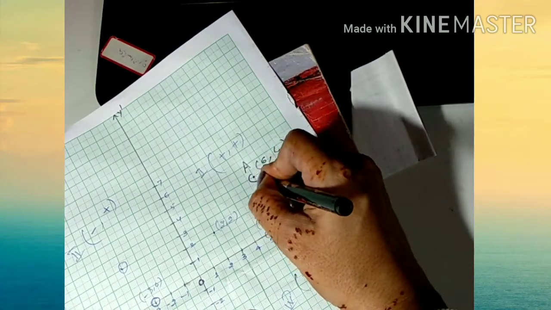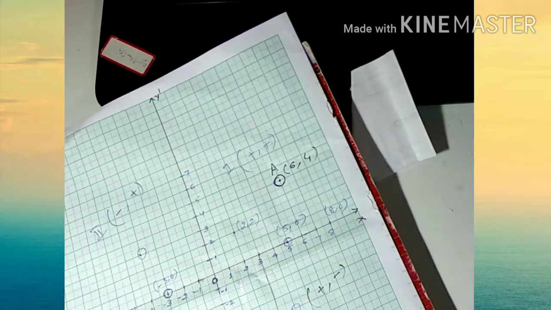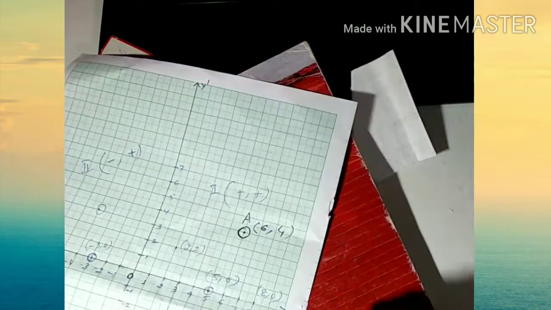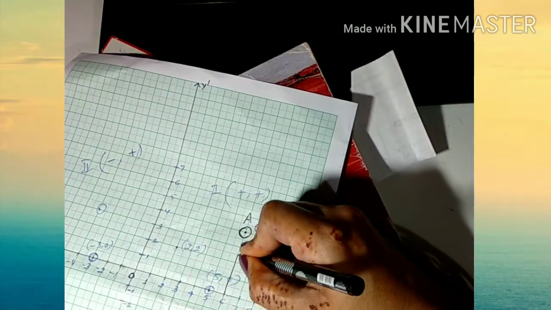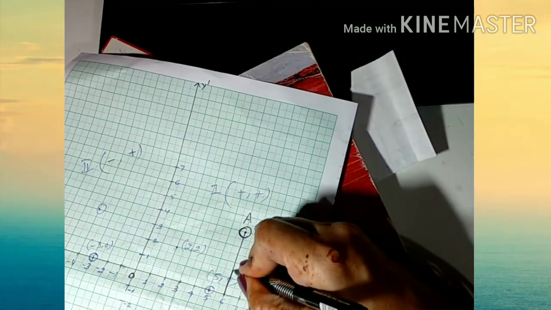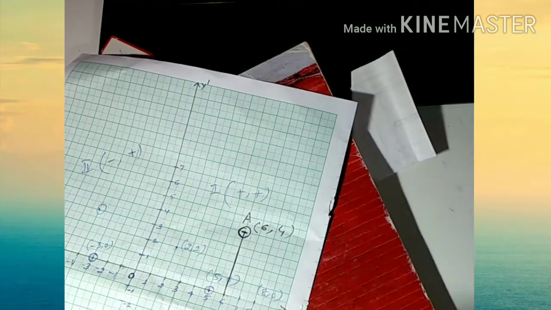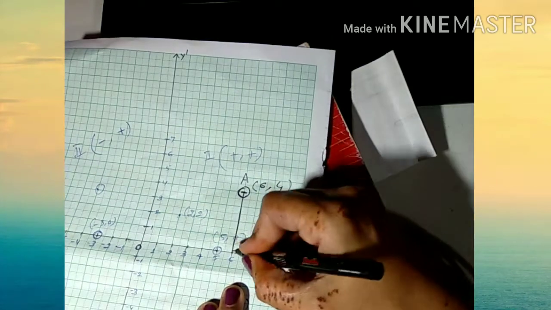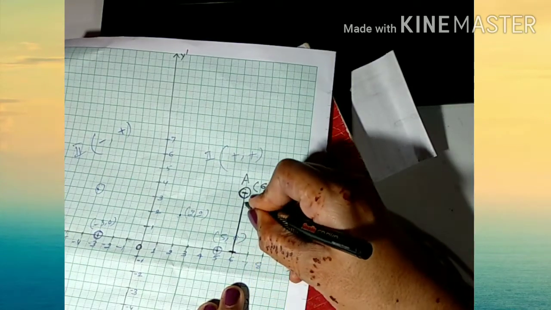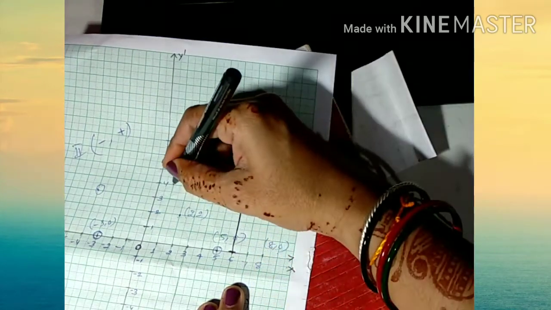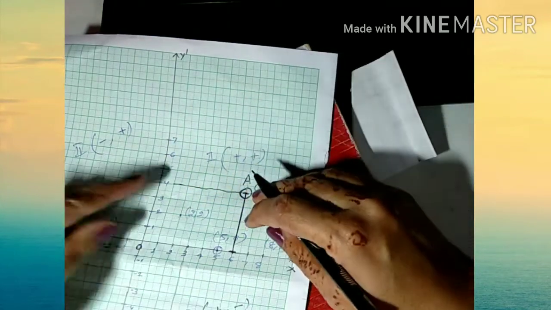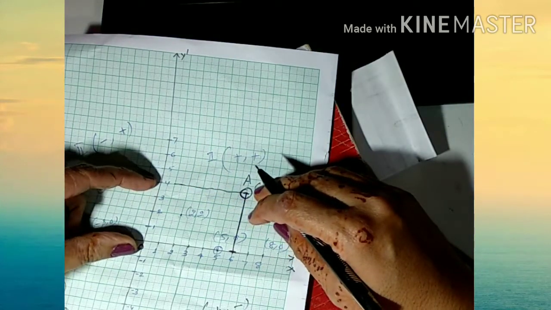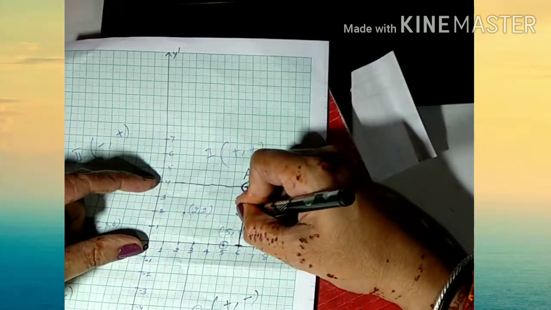Now look here. This is your point A, and this is the distance. What has this become? The distance. From the x-axis, where to where is its distance? From here to here. And what is this? This point is on the y-axis. It is 0 to 4. That means how much is this distance? 4.